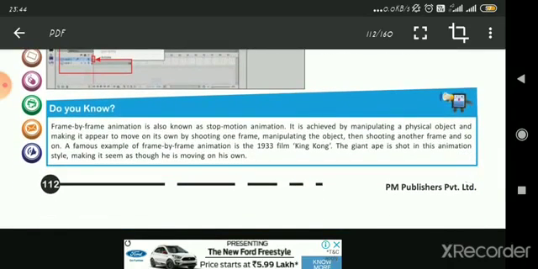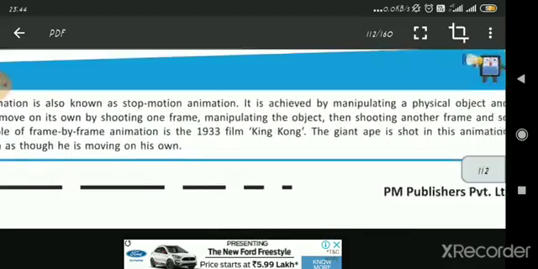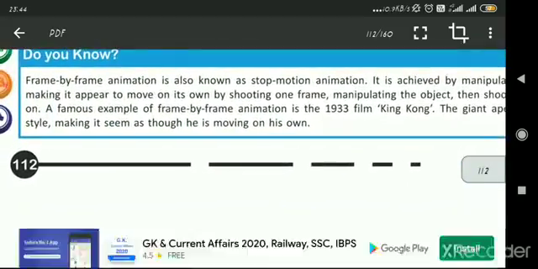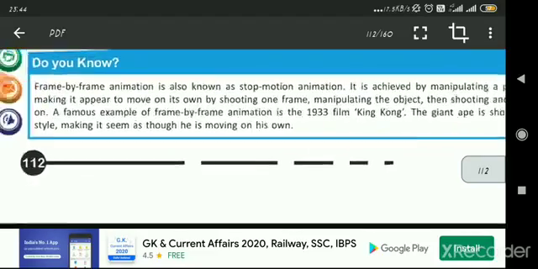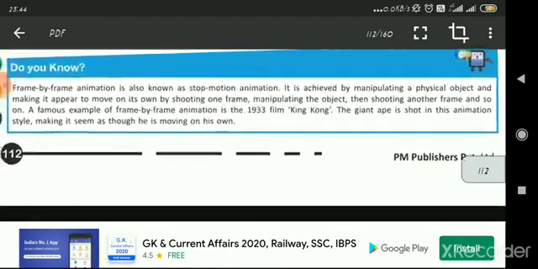So frame by frame animation is also known as stop motion animation. As you can see over here, it is written, it is achieved by manipulating a physical object and making it appear to move on its own by shooting one frame. So manipulating the object, then shooting another frame, and so on.